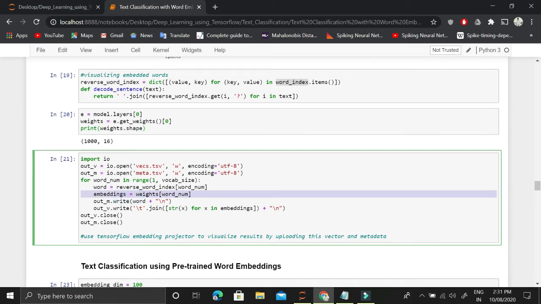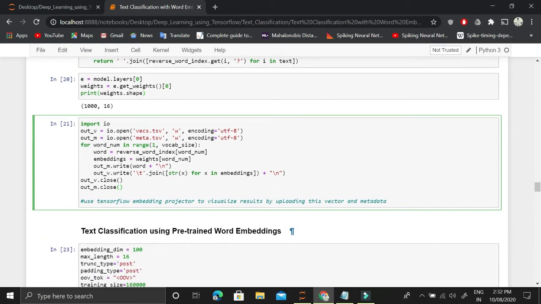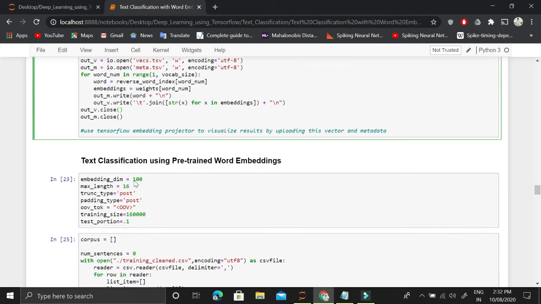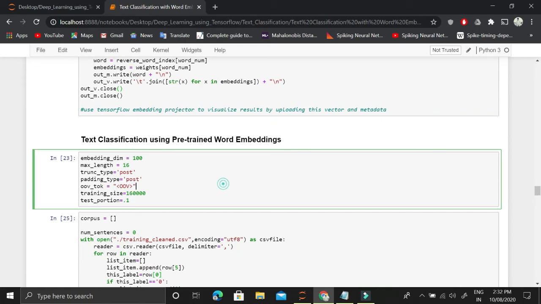and we'll store it in embeddings, and then we will write the word in meta.tsv, and we'll write the embeddings in out_v, so like vecs.tsv. And then once we do that, we will use this TensorFlow embedding projector, and we'll load these two files, vecs.tsv and meta.tsv, and you'll be able to visualize these two vectors. Okay, now I'll show you these two vectors at the end of this notebook, but let's begin looking at the